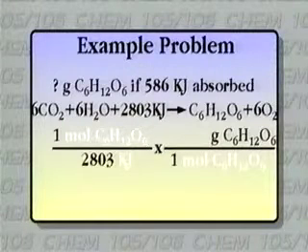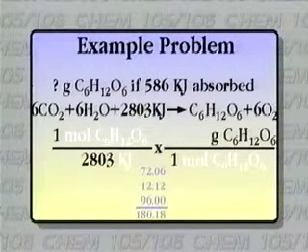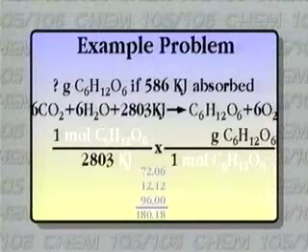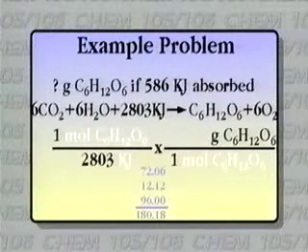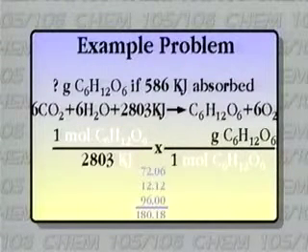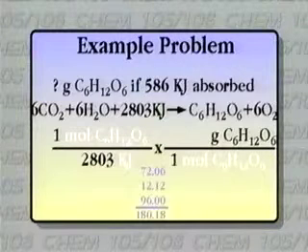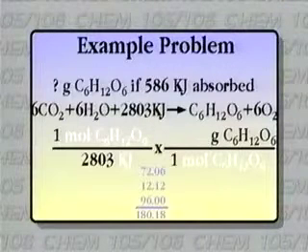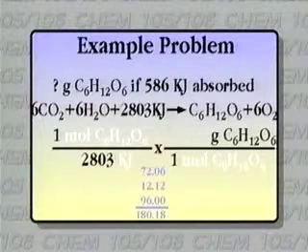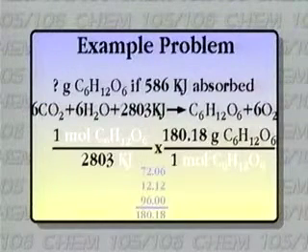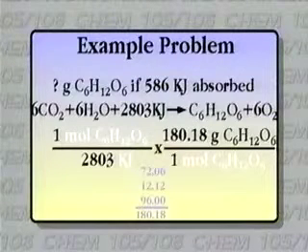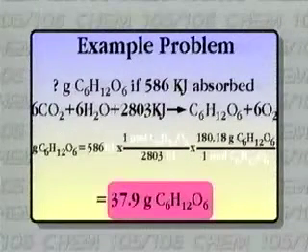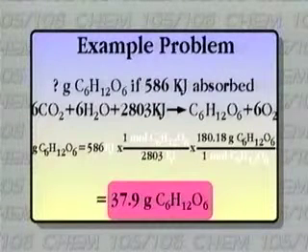Well, let's see. We're going to have 6 carbons, so 6 times 12.01 would give us 72.06. We're going to have 12 hydrogens, 12 times 1.01, so that would be 12.12. And 6 oxygens, 6 times 16, 96 grams for the oxygen. And let's see, we'll have 180.18 grams of carbohydrate per 1 mole. And so our final step would be to convert to the grams, multiplying through now. The units check, so we're comfortable we have it set up right. 586 divided by 2,803 multiplied by